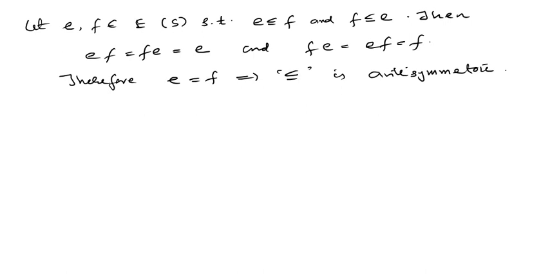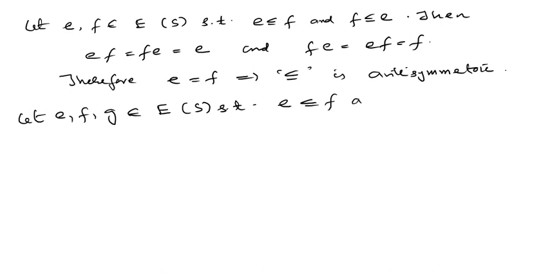So finally we see that it's also transitive. So for this we take three elements. Let E, F, G belong to S such that E is less or equal to F and F is less or equal to G. So this gives